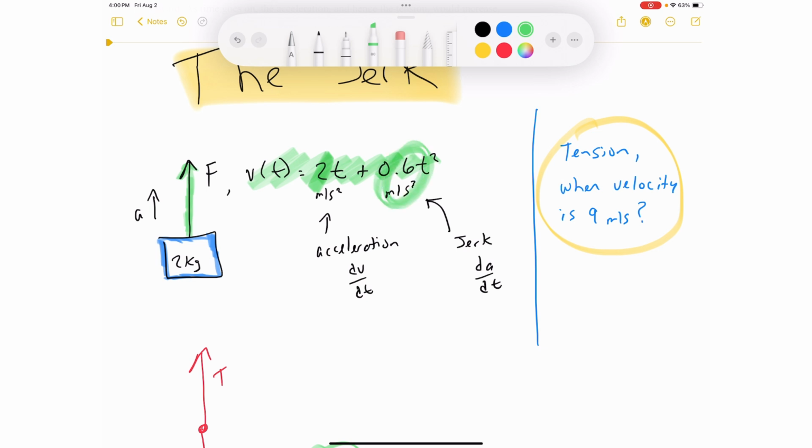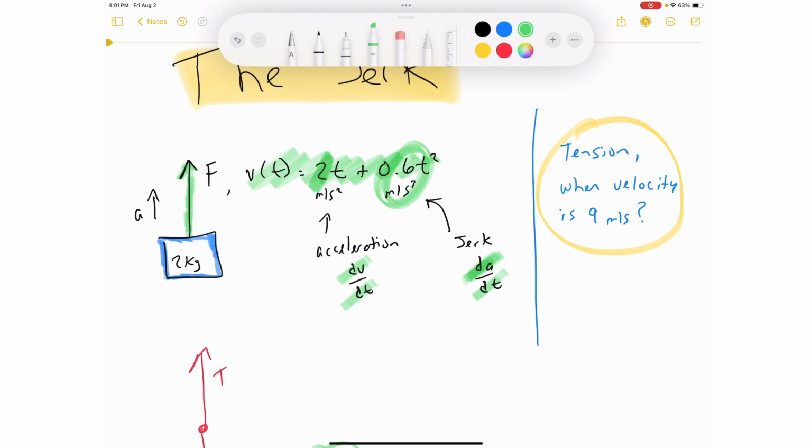That means, jerk means the acceleration right here. Sorry, acceleration is the change in velocity over time. Jerk is the change in acceleration over time. It's how much acceleration is changing. So what this is basically showing you is